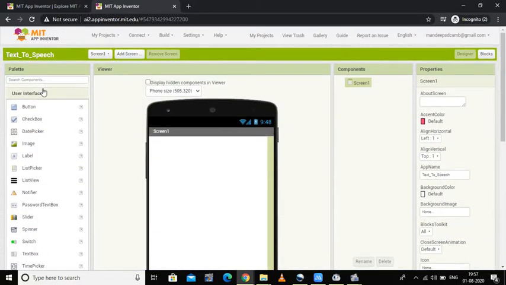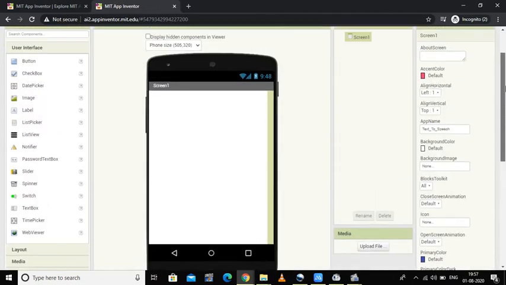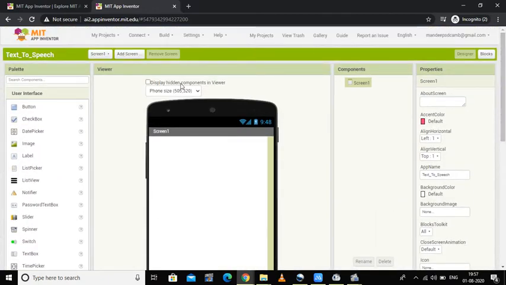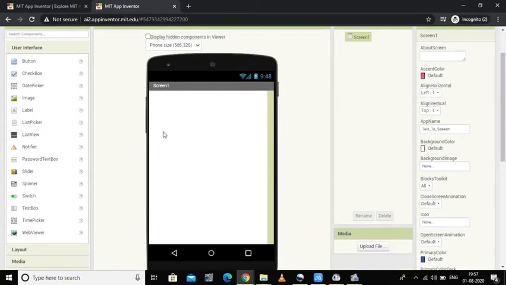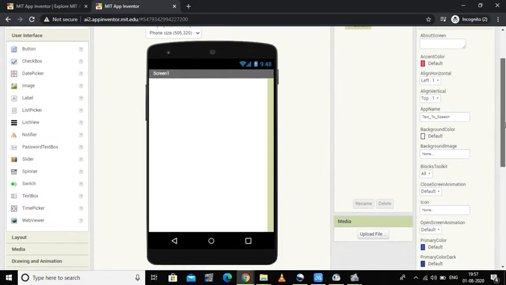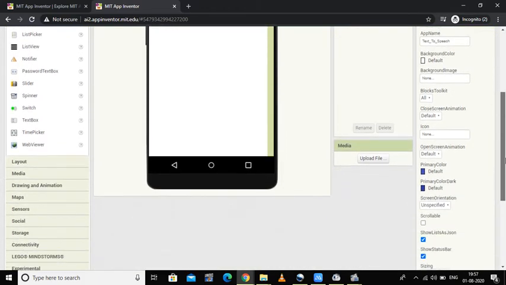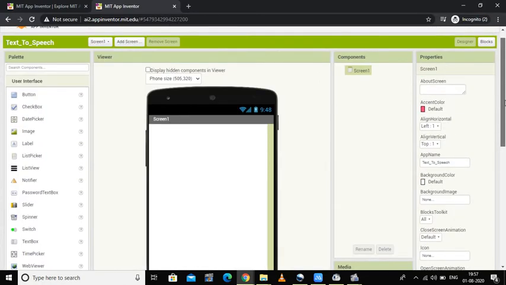Now I'll click here, and in this way this window will appear. See, I got the screen. The screen is the first thing on which we will have our designing part. For this particular screen, first of all, I'll have some background color. For the background color, either I can place a background image or I can have a background color. You can have any color or any background image. So both options are present here.